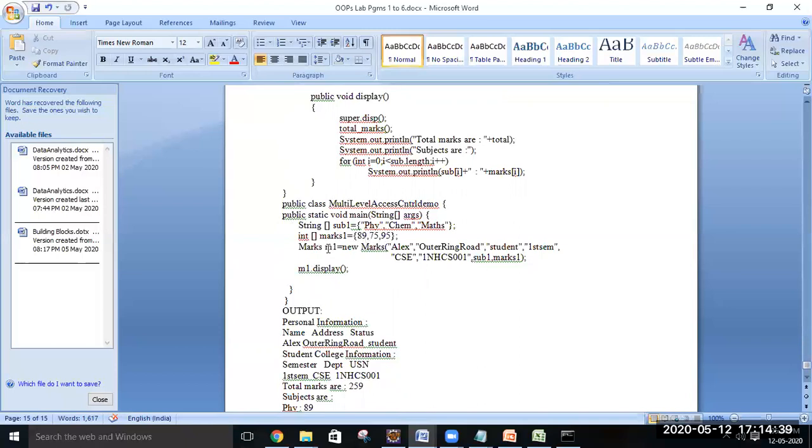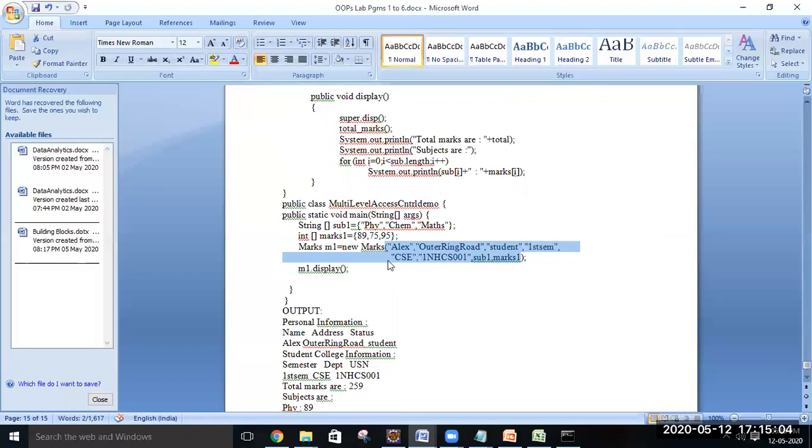Finally, we have created an instance of the child class Marks. Marks is extending features from the Student class as well as the parent class, so Marks can accept the details of the Student class as well as the Person class.